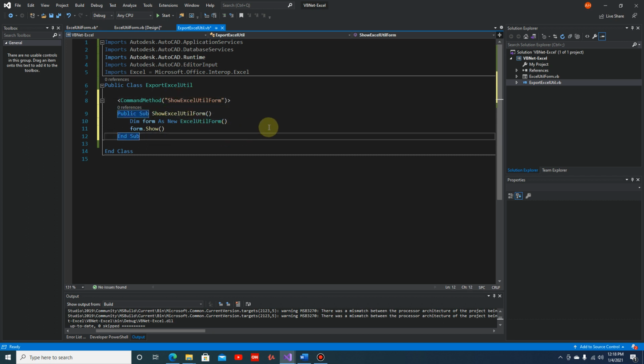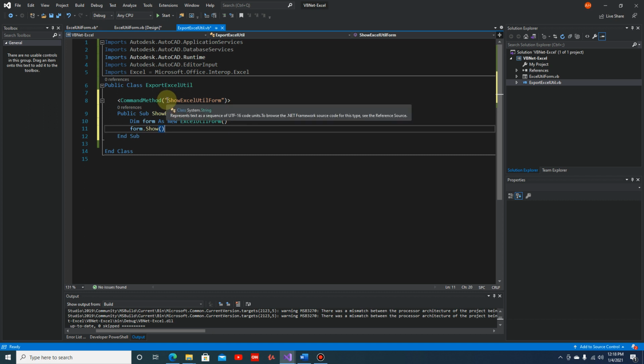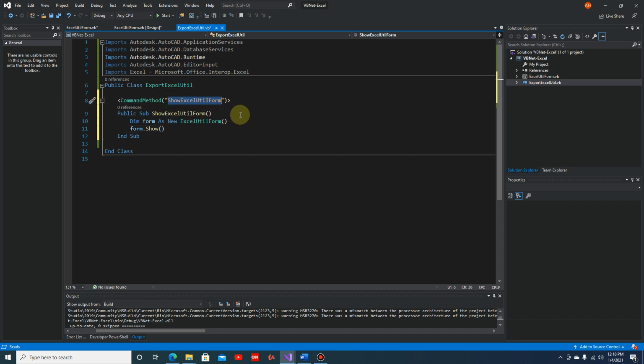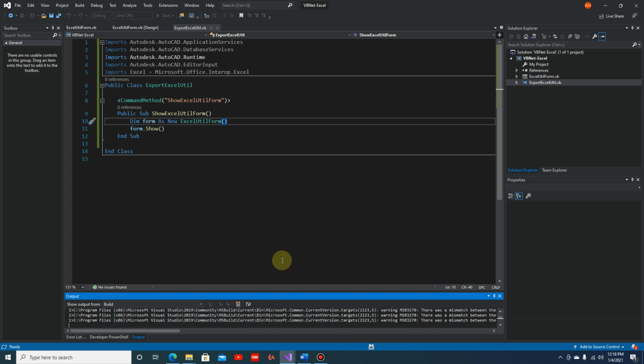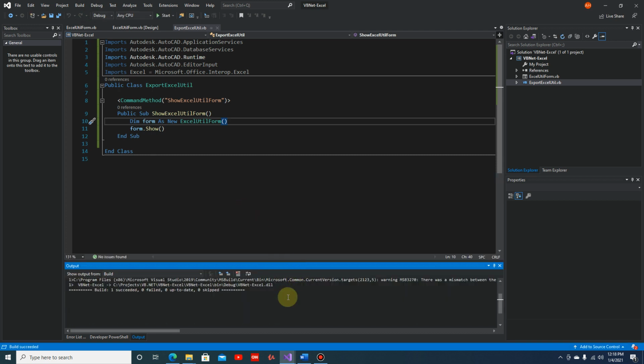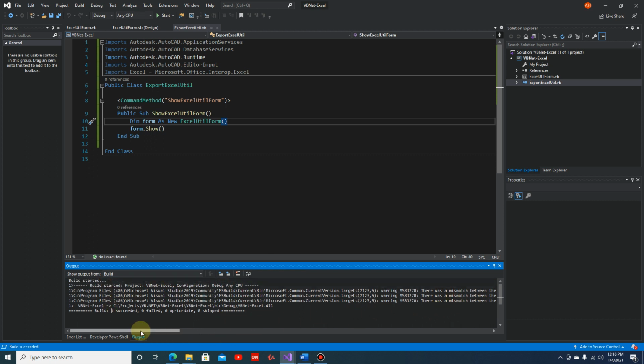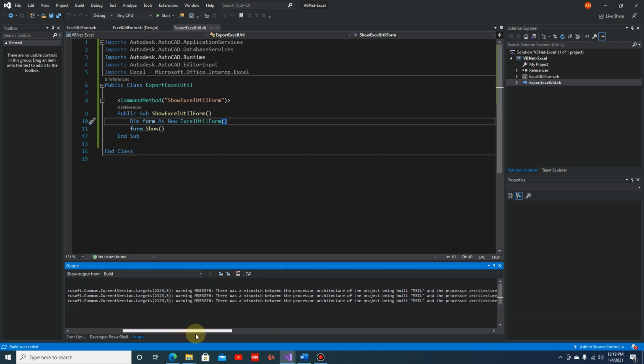And that's it. So the user can type in this command from the AutoCAD command window, and then the form will display. So if we do a build, okay, it built successfully. However, there is a warning here saying there's a mismatch between the processor architecture of